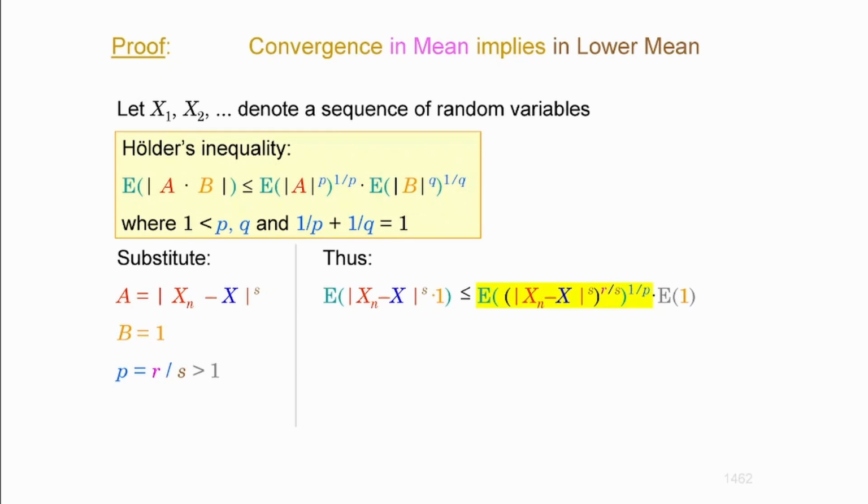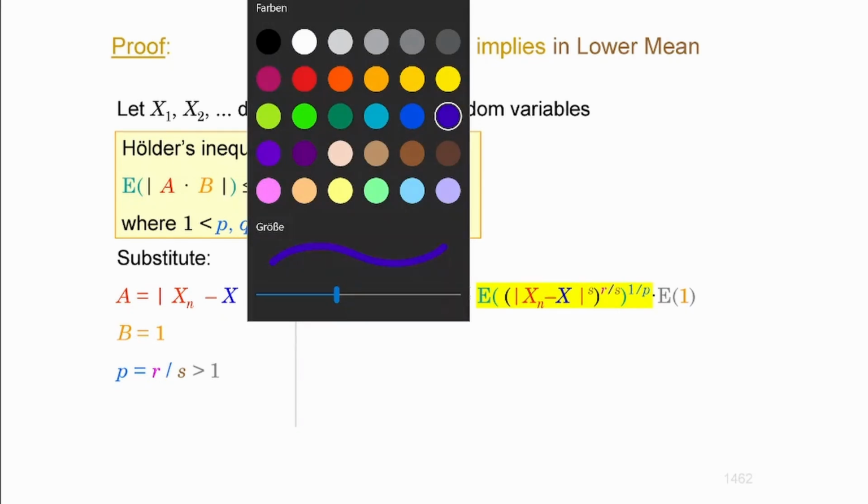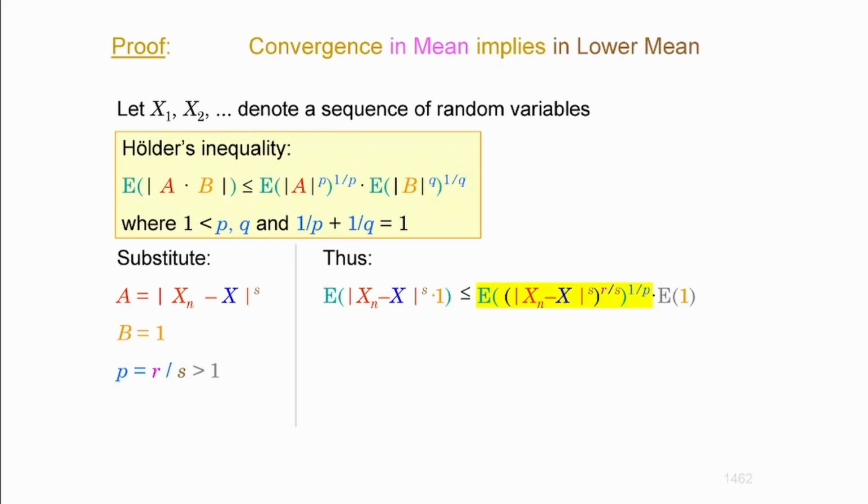And I'm going to look at that expression a little more carefully, because you are inside the expectation operator. It's not clear because there are too many brackets and so forth. Okay, I'm going to use the black one. Here in the former, you've got the power of s, and this is taken to the power of r by s. If you take the power of a power, you multiply the exponents. You understand what I'm saying? Then you can cancel s and you're left with r. That's it. You should keep that in mind.